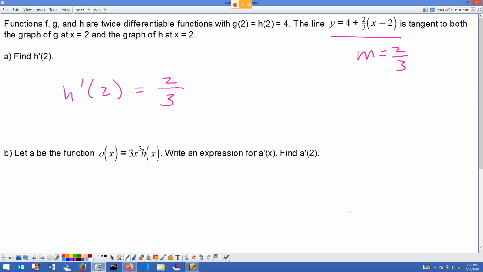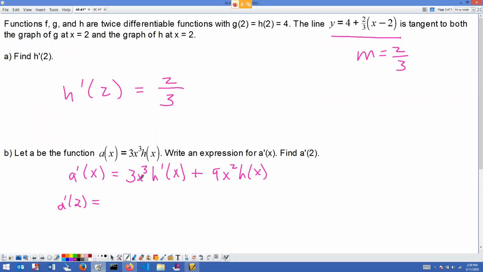So, all right, for part B, we want to find a prime of x and then find a prime of 2. So a prime of x should be the derivative of 3x cubed h of x, which is a product rule problem. So 3x cubed h prime of x plus 9x squared h of x. So there's your expression for a prime, just using the product rule. And then a prime of 2